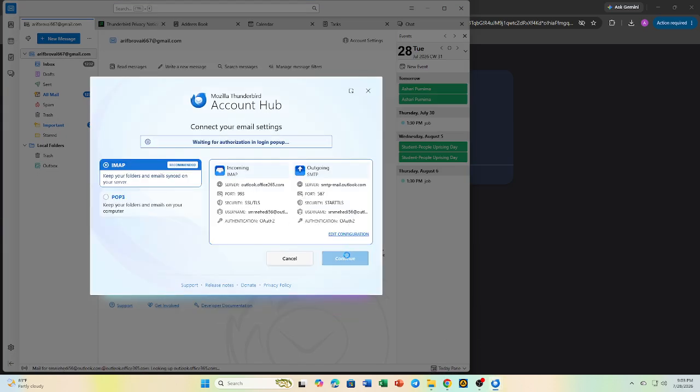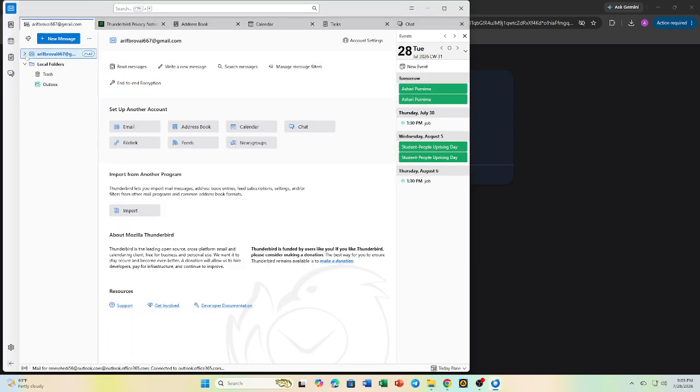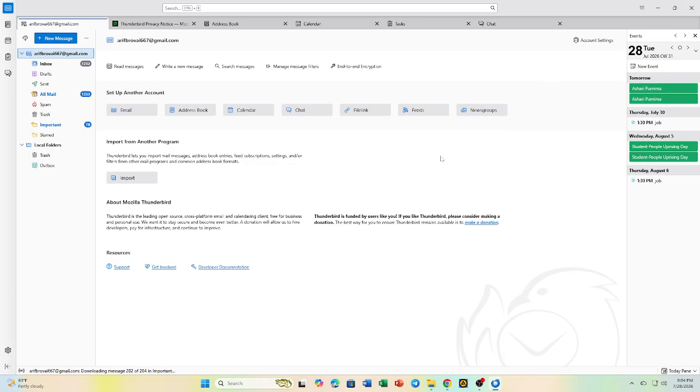After everything is connected, you can send and receive Outlook messages directly from Thunderbird. You can also organize folders and manage your email from the same application. And that's how to add an Outlook account to Mozilla Thunderbird. The setup is straightforward, and once connected, you can manage your email more conveniently from your